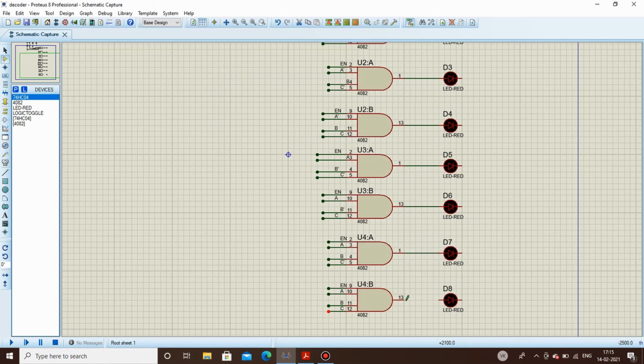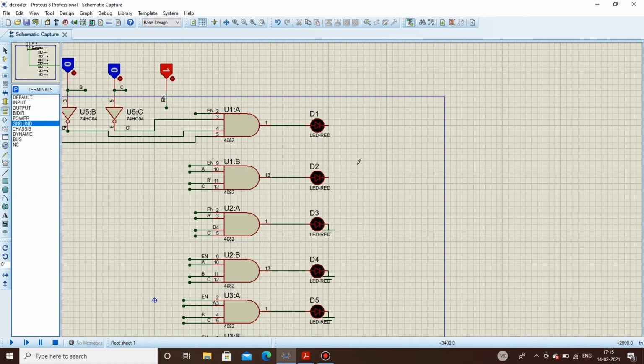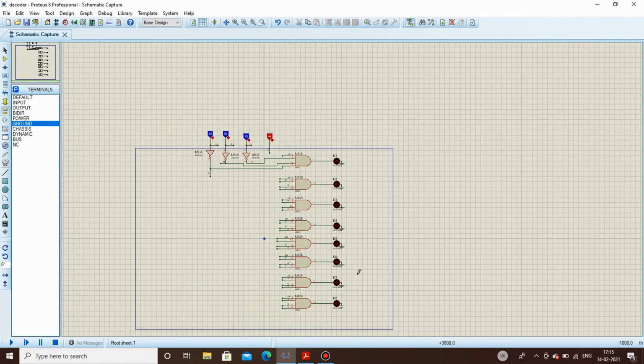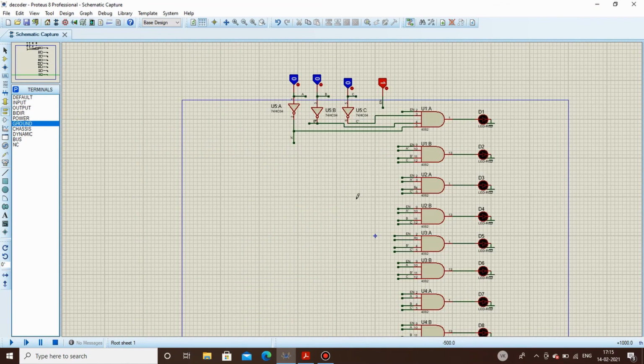And connect to the LED. What you are left with is grounding of LEDs, so simply connect it to the ground. All the LEDs are grounded and your circuit is ready. So we are about to simulate, and as this is an active high decoder,